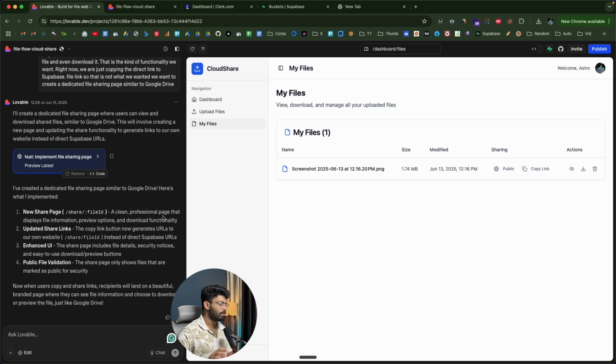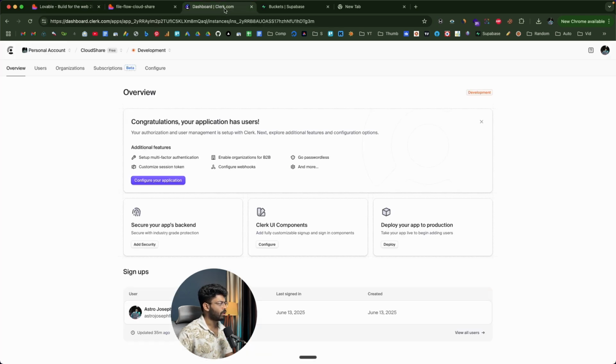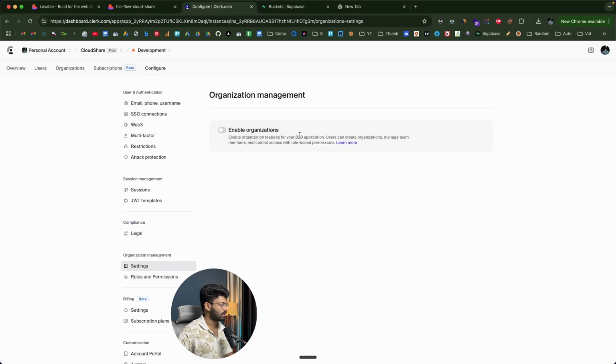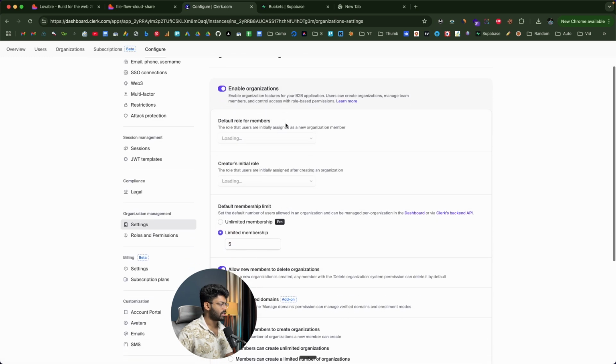And for this one, we'll be actually using the Clerk's organization feature. So first of all, I'll head over to clerk.com, and this time around, I'll click on this organizations option right here, and it says organizations have not been enabled for this application. So I can click on configure applications, and now I'll enable organizations, and default role is going to be member,